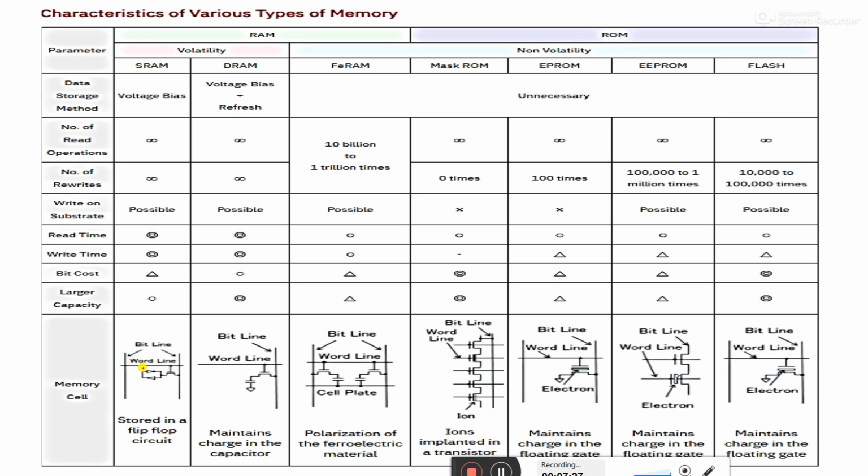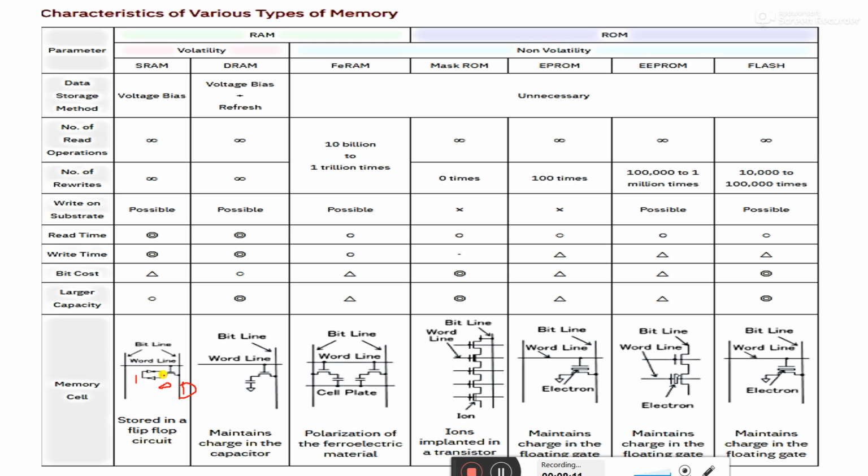So this is the SRAM structure. Here you can see there are two inverters, and when this bit becomes 0, here you can make it 0. If it is 0, then 1 will be here, and this will be in continuation, and the data will be retained over there. If we need to write something, then we have to put some data on this line, and then we have to switch on this transistor using the word line. So this is a bit line and this is a word line.